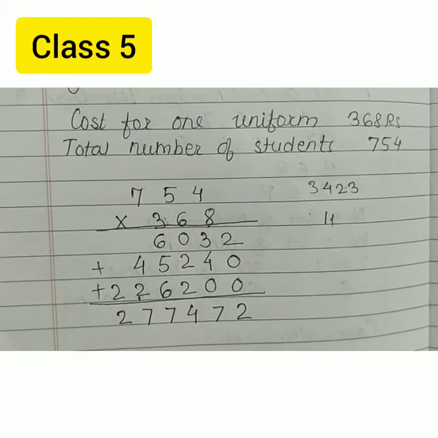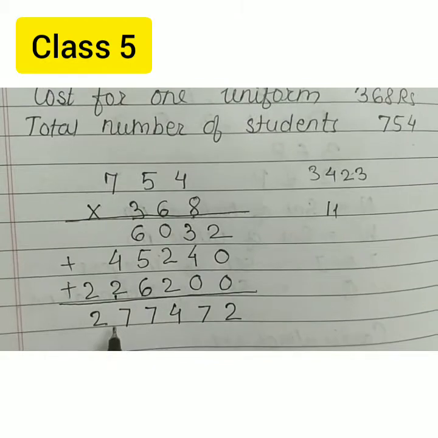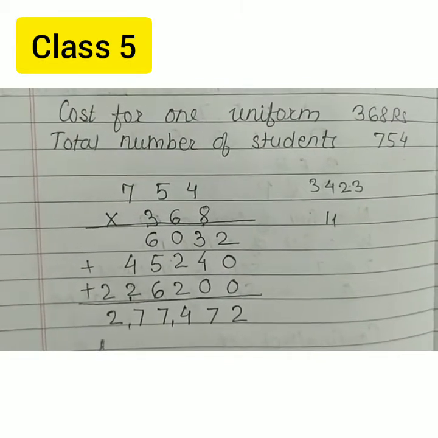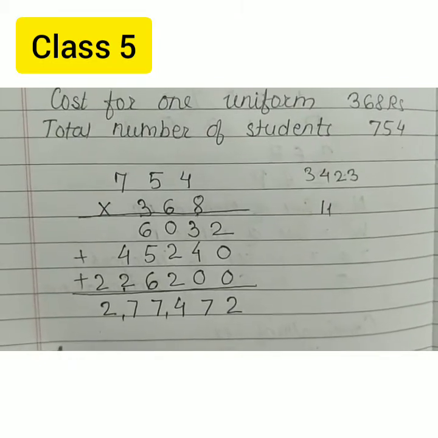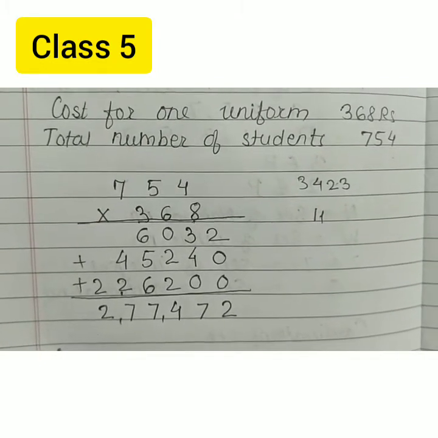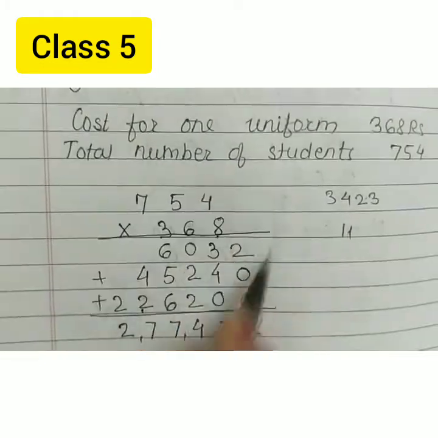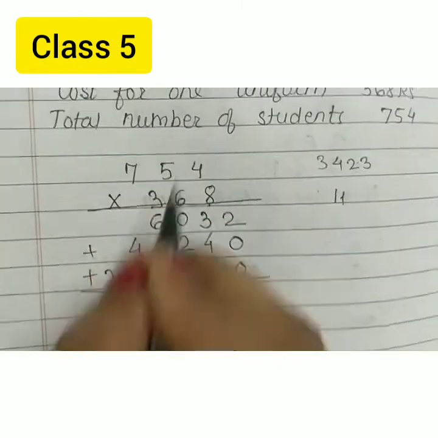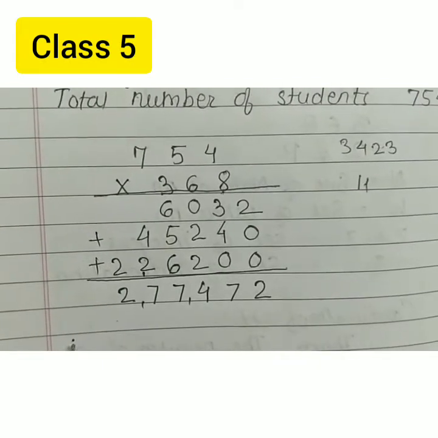That means what is it? It is 2,77,472. So how will you write below this calculation? See, always remember, this calculation is not enough. You need to write the answer also. This is just a calculation. Now we are going to write the answer as